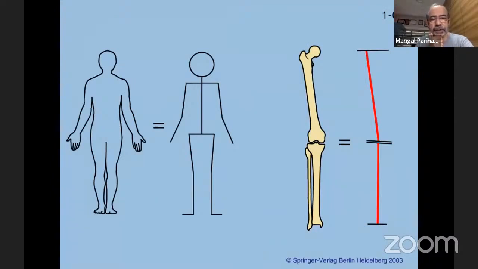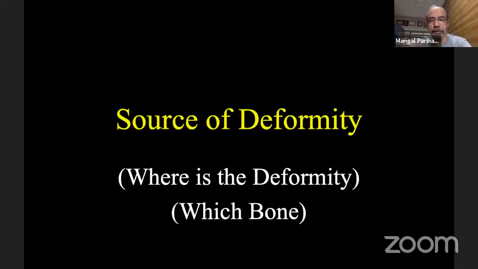So if you reduce the lower limb bones to stick figures, you will find that all of these joint lines, that is the proximal femur, the distal femur, the proximal tibia, and the distal tibia, are normally parallel to the ground. And therefore, any corrective surgery that is done, that is a factor also which needs to be taken into account.